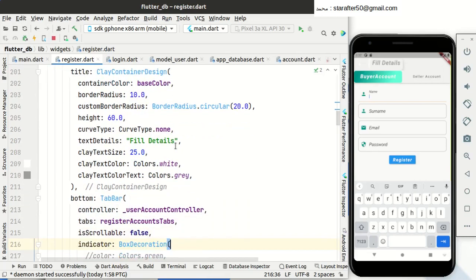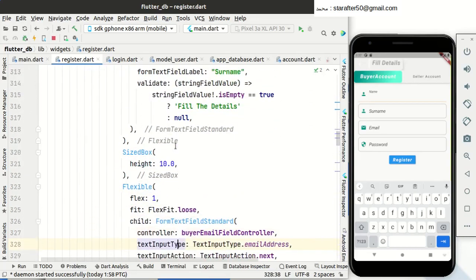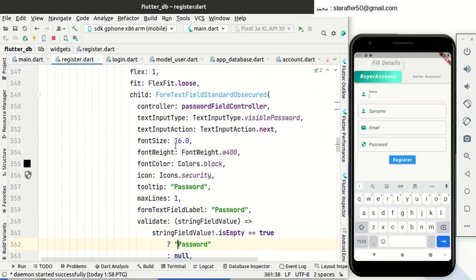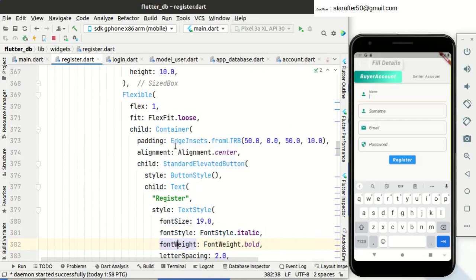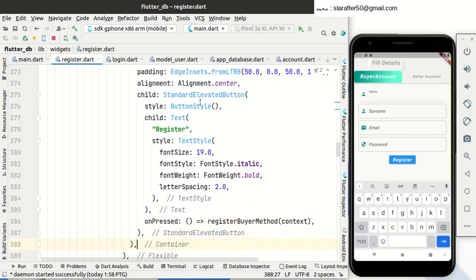What interests me is the section of the database, which comes in here. Now whenever a user hits or clicks the register button, the data will be collected and sent to the database. So how can we do this? Each button has some properties. One of these properties is a function by the name of onPressed. Whenever this onPressed is invoked by clicking on this register button, all the data here will be collected and sent